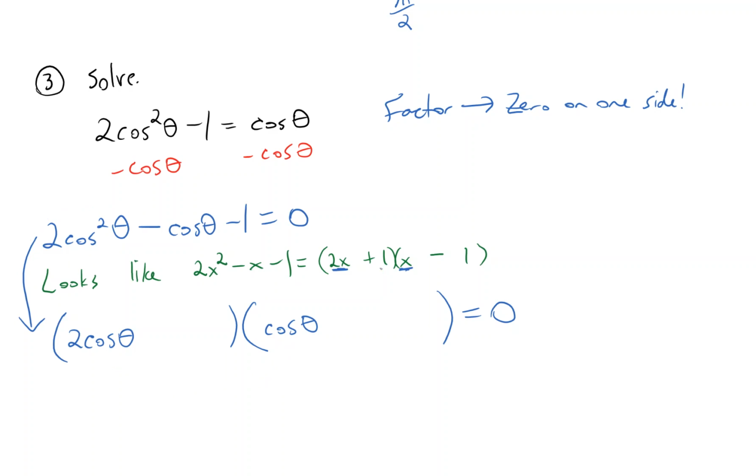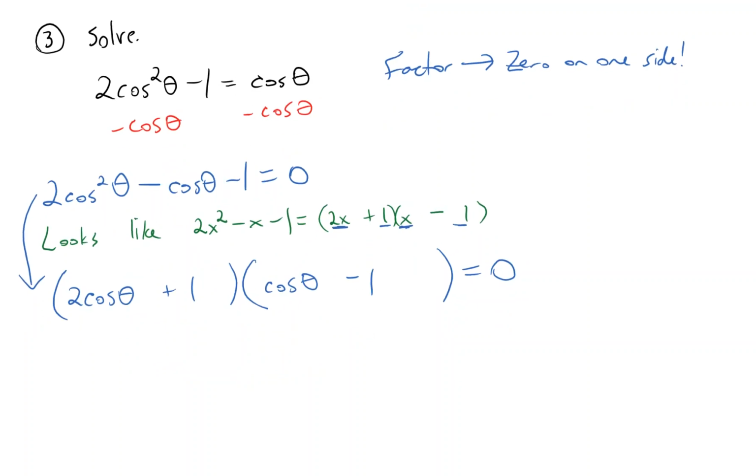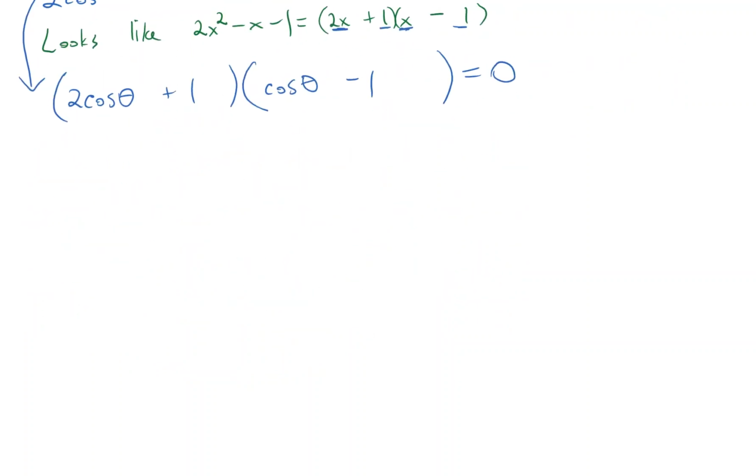Then I've got my plus 1 and my minus 1. If you check, plus 1 times minus 1 gives us the negative 1. And last, you could check, you get negative 2 cosine theta plus 1 cosine theta. That gives us the negative cosine theta here that we had in the middle. So we've got it factored now, and just like the previous example, once it's factored and equals 0, I can